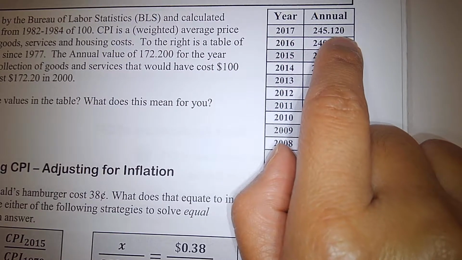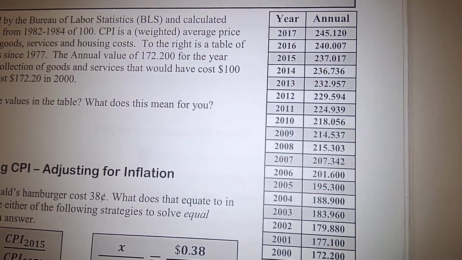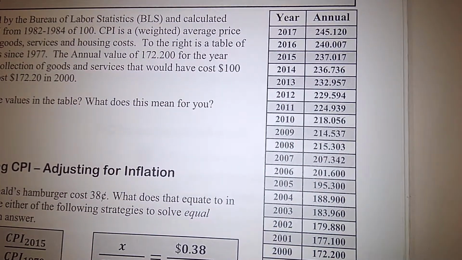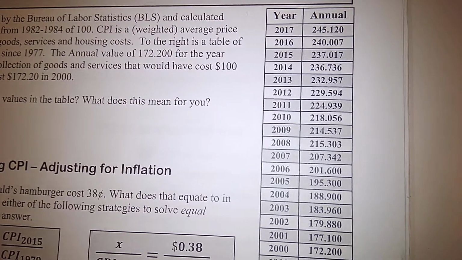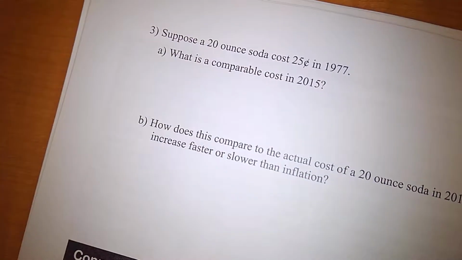$245.12. Do you see that? So this is the meaning of this CPI table. You guys get that? Same thing during these many years. Each year, the same thing will cost different. Okay. All right, now, guys, let's turn to page 42, and we can look at question 3 directly.